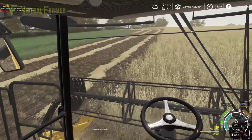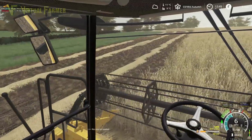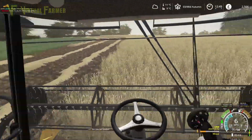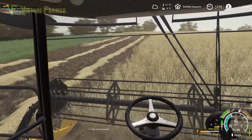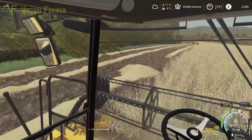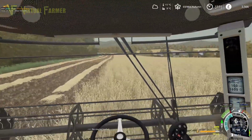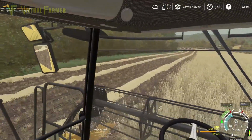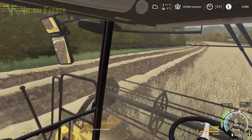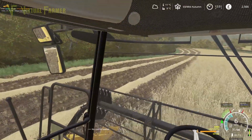This is our final headland we're on now, though, so let's continue on. Let's see if we can fill up another trailer before the end of this headland, and go from there. We're on the back row again, and coming up to 80%. So let's get our auger out, because our tractor will be coming up in a moment